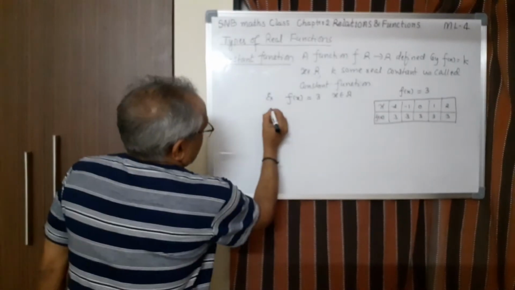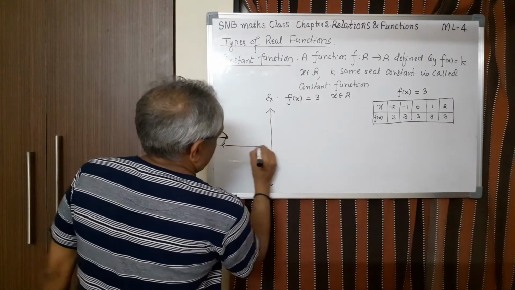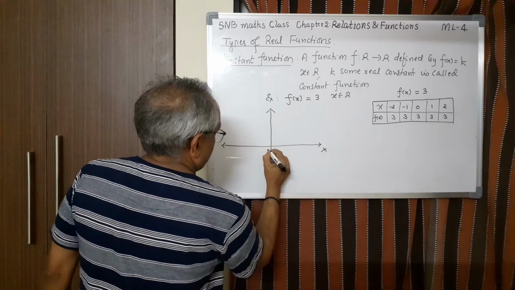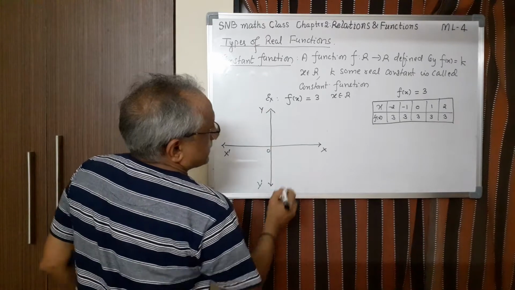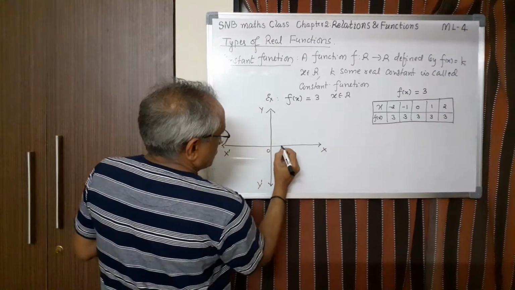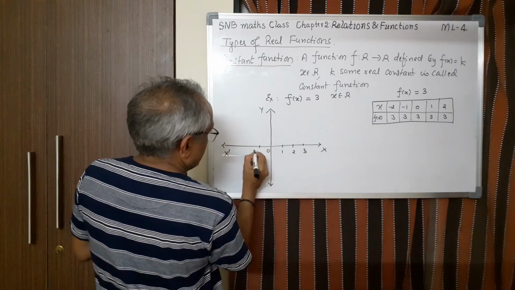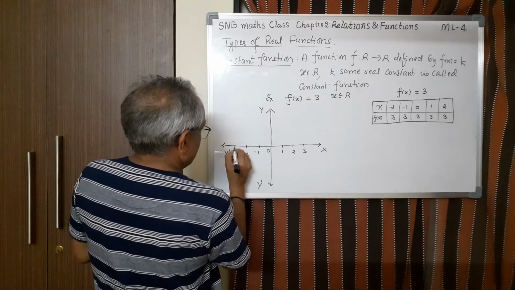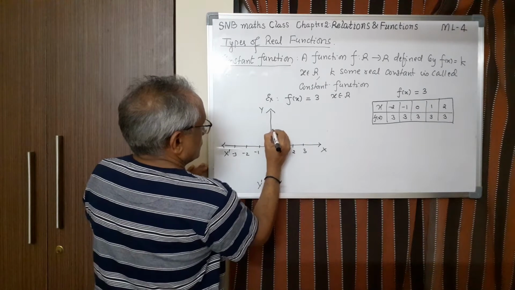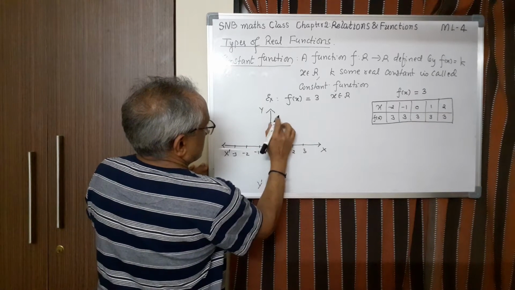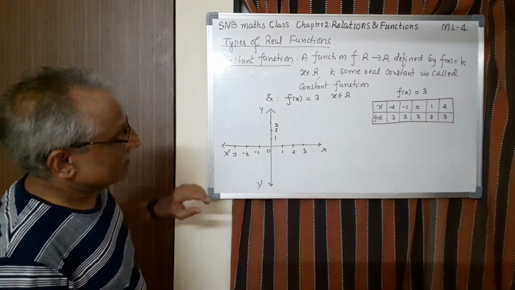So now let us draw the graph. Say we need minus 2, 2. So 1, 2, 3, etc. This side minus 1, minus 2, minus 3, and x is 3. Therefore here 1, 2, 3. So this is 3, 3 here. This is 2. This is 1. Now let us first plot the points.